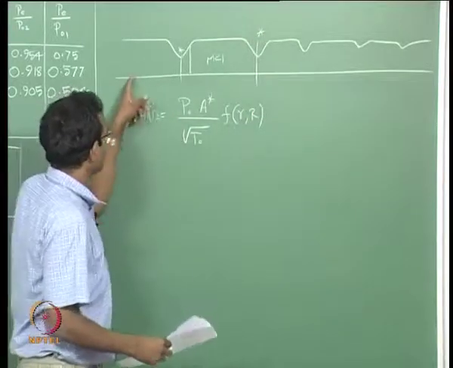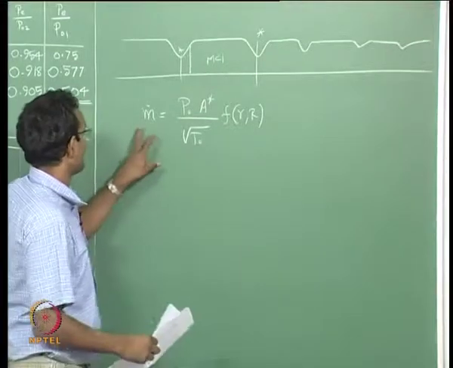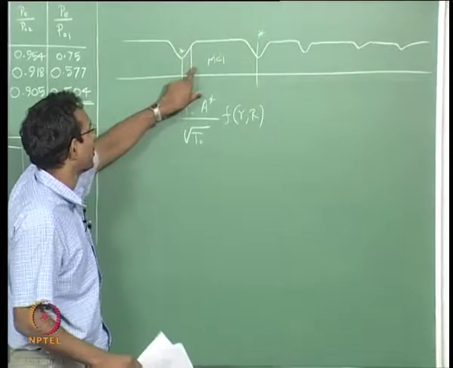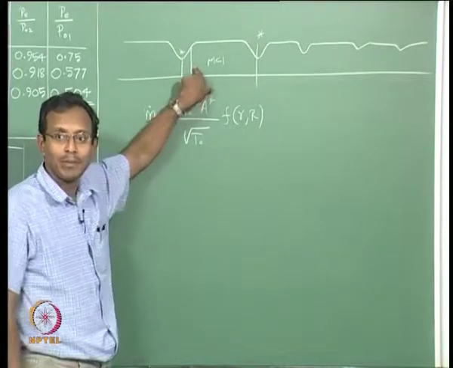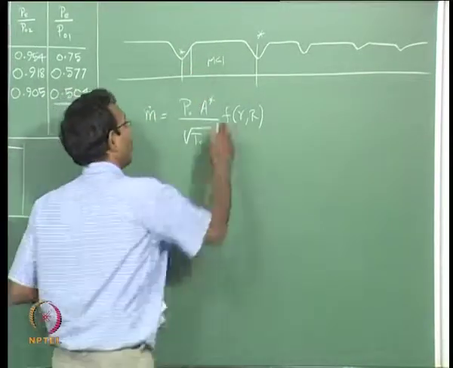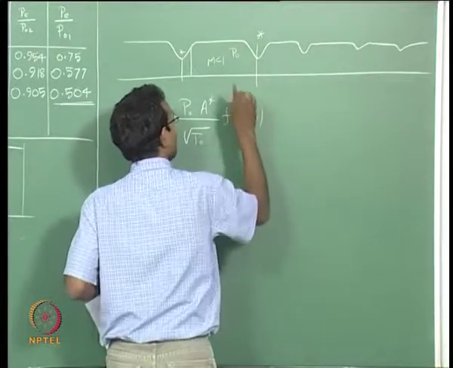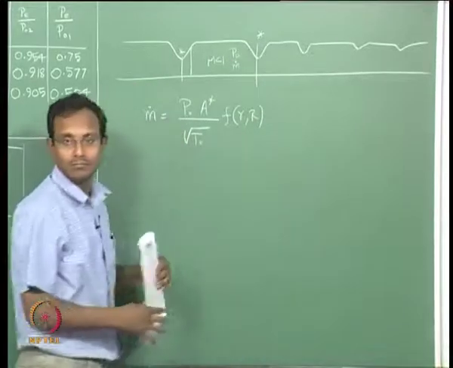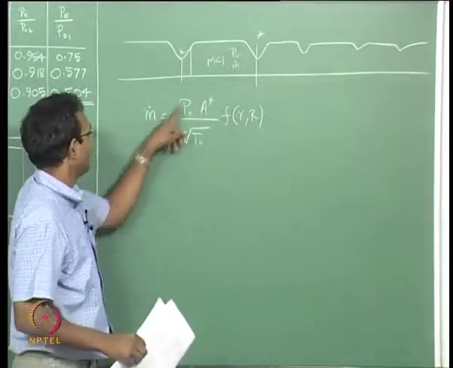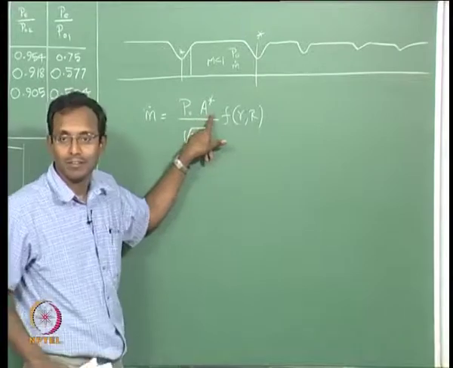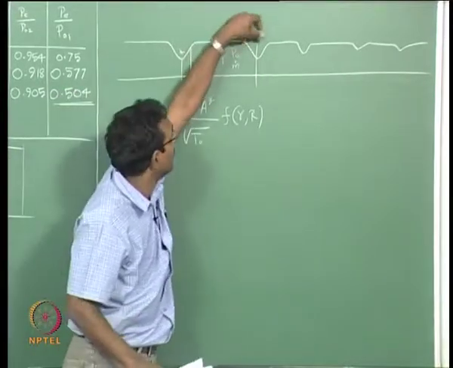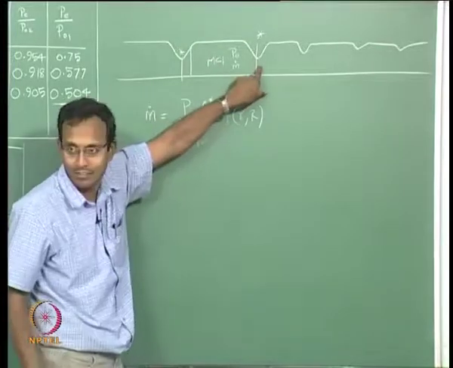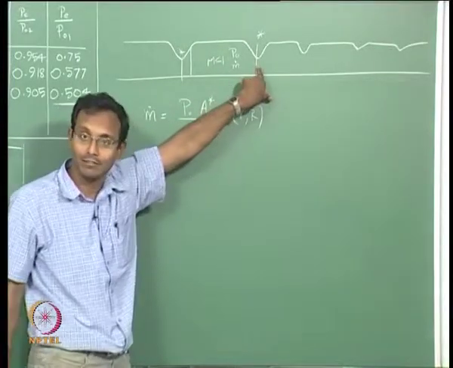Mass flow rate should be constant. So I know my mass flow rate through the first throat, and I know there is a shock somewhere. I know exactly P naught 2 by P naught 1. I know my P naught at this local location and the m dot that has to go through this with that P naught. Based on that, I can find my A star from there. So if I make a dent in this pipe up to a point where this A star is achieved here, then this will be choked again.